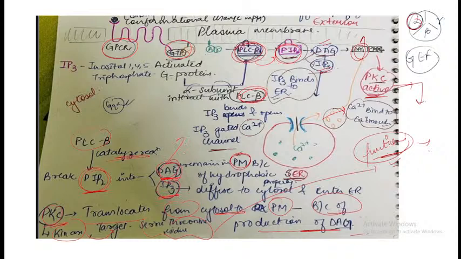DAG would remain in the cytoplasm, and IP3 would be diffusing into the cytosol, and finally entering the ER, that is the endoplasmic reticulum. And which ER? It would be entering into the smooth endoplasmic reticulum. So now what will happen? The calcium 2 plus channels would get opened, and as a result of the same,